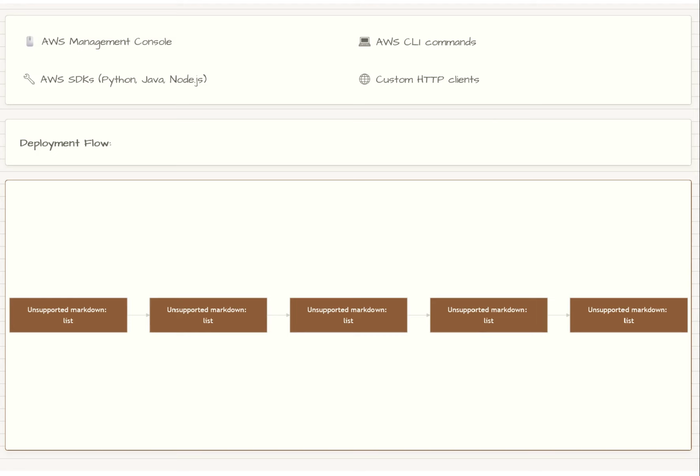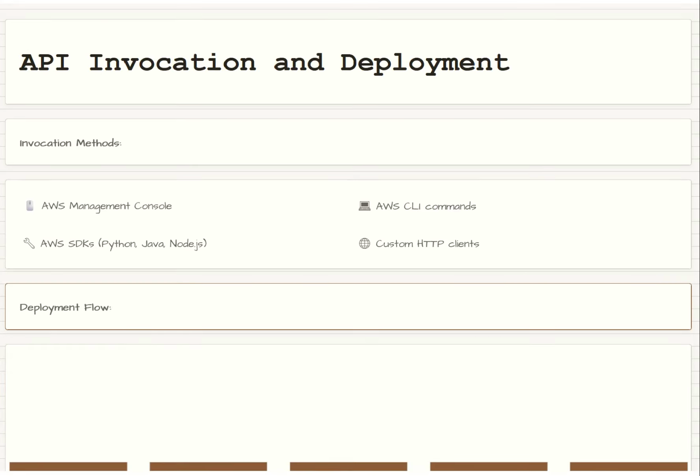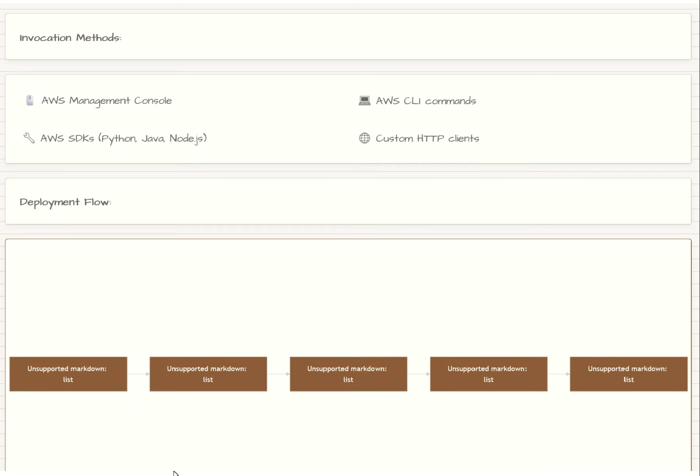And the deployment flow is something we've repeated. Sorry about that. I think that is all about